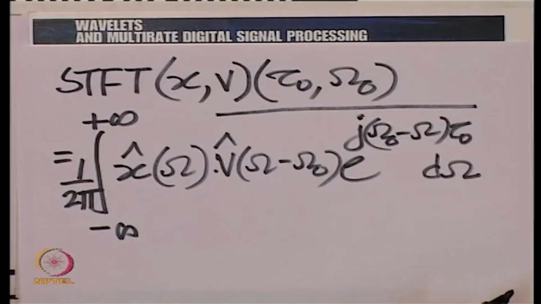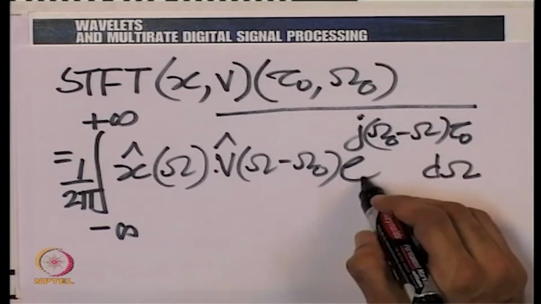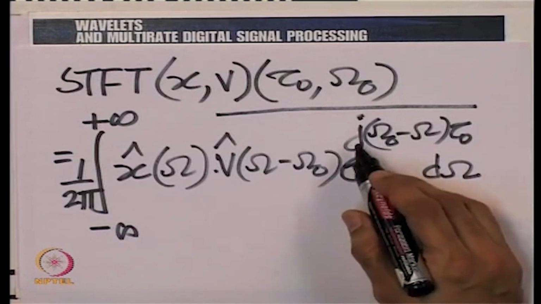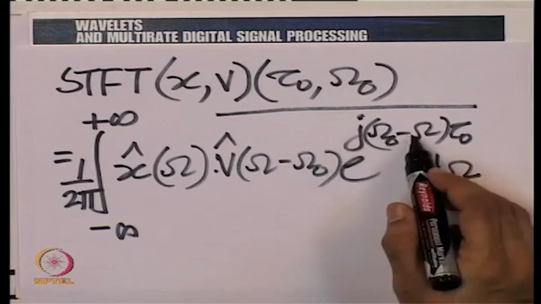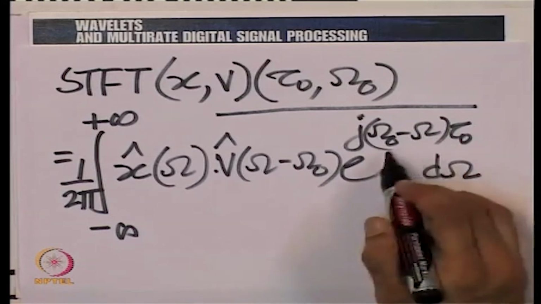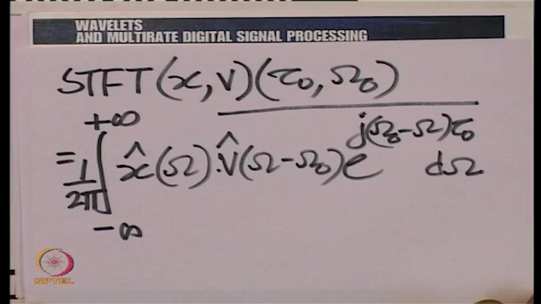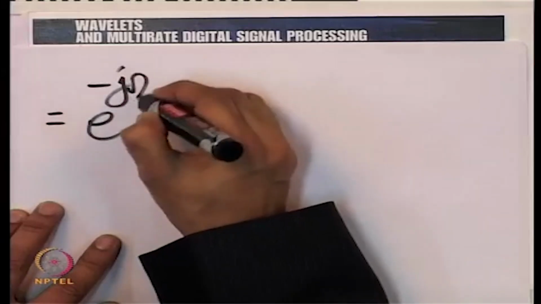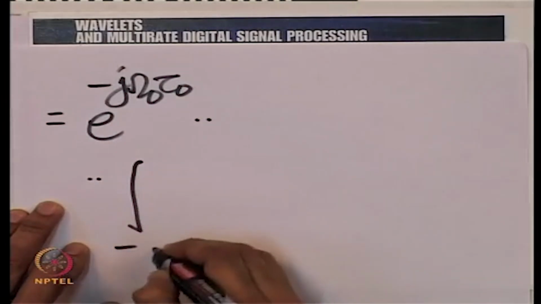And let us simplify that, and once again let us note that when we expand this we get two terms, e raised to the power j omega naught tau naught and e raised to the power minus j omega tau naught, out of which only the second depends on capital omega, the first does not. So, the first can be brought outside the integral. So, what we have in effect is e raised to the power minus j omega naught tau naught times the following